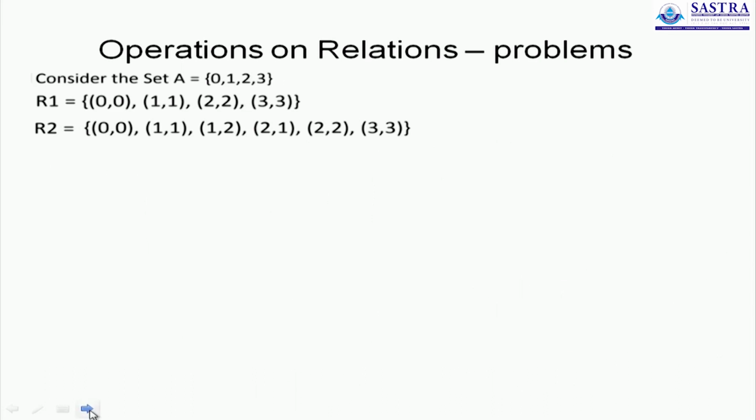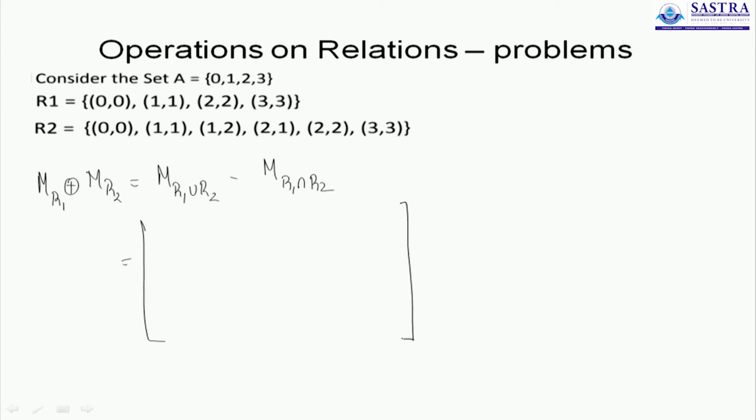Now for the symmetric difference, we'll just write down the two matrices representing their union and their intersection, and we'll subtract them. We know that the symmetric difference is actually the difference between the union of the two relations and the intersection of the two relations. We already know what the union is. The union is the larger set, which is